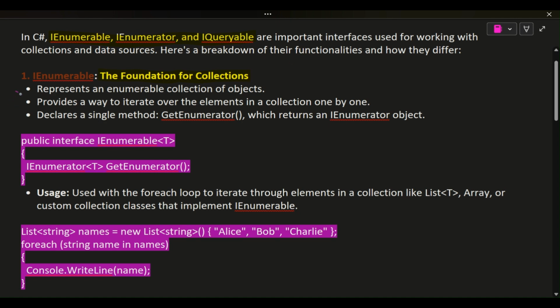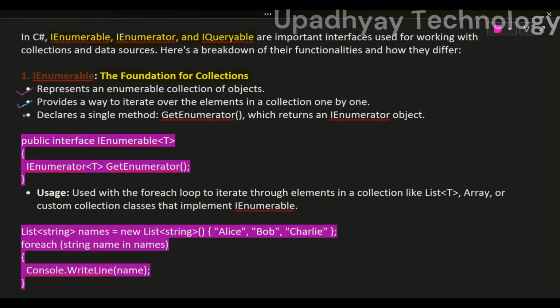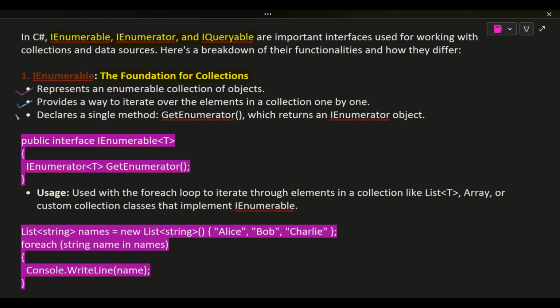IEnumerable represents an enumerable collection of objects. Provides a way to iterate over the elements in a collection one by one. Declares a single method, GetEnumerator, which returns an IEnumerator object. public interface IEnumerable<T> { IEnumerator<T> GetEnumerator(); }